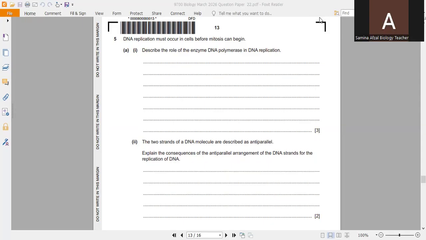So it also helps in synthesizing the new strands exclusively in a 5 to 3 direction by adding new nucleotides specifically to the 3 OH group of the growing strand. So it performs a proofreading function to detect and correct mismatched base pairing. So in this way, I would like to write this answer on the given space as